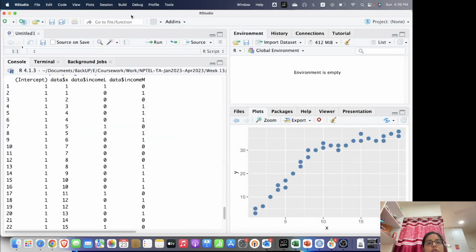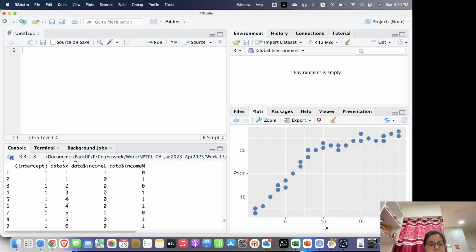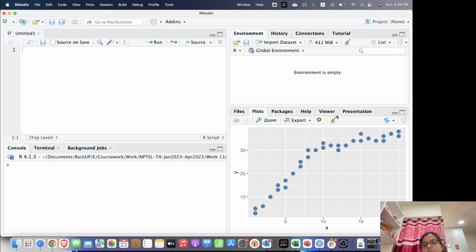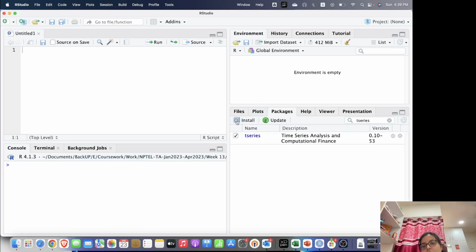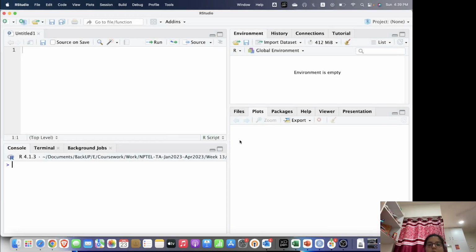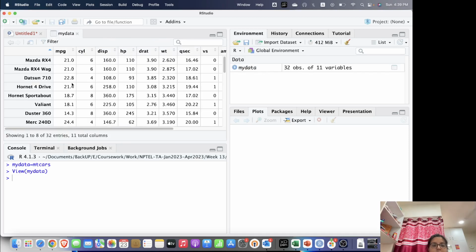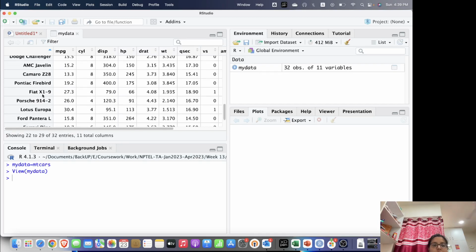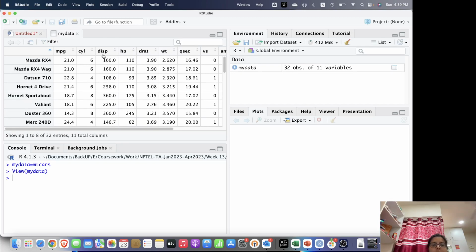So now I'm going to show you how you can get a logistic regression equation by using R. Before that, I'm going to load a data set called mtcars. Okay, so this is a data set which has information on 32 car types and their